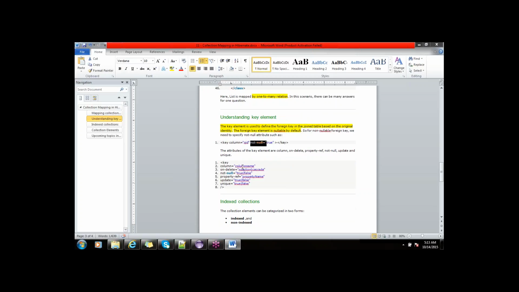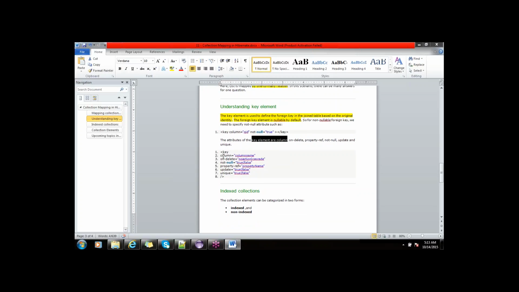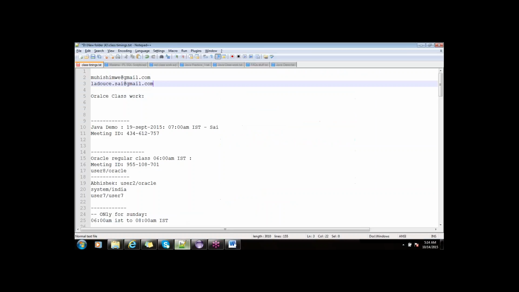And the attributes of the key element are, so you can see here, column name, of course, we are familiar with this. Then on delete. So on delete cascade. I think you are aware of this on delete cascade with the primary key, foreign key relationships. If you know, can you say something about this on delete cascade? Yeah, I am not familiar. Okay, no, the thing is, let me go back to my